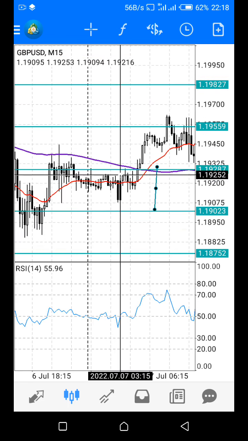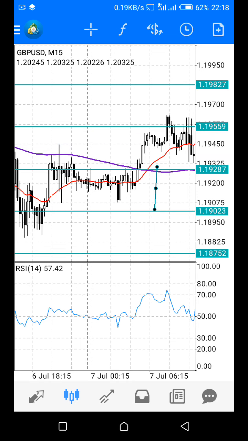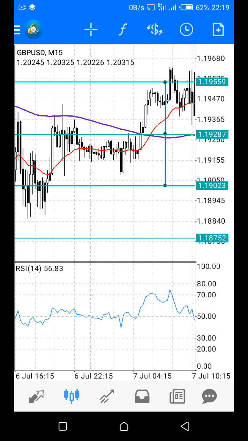Now let's see, this will now be double of it. Like GBP USD has some good volatility, normally vibrates in this range. This is a measured move of GBP USD, and if it wants to fail,